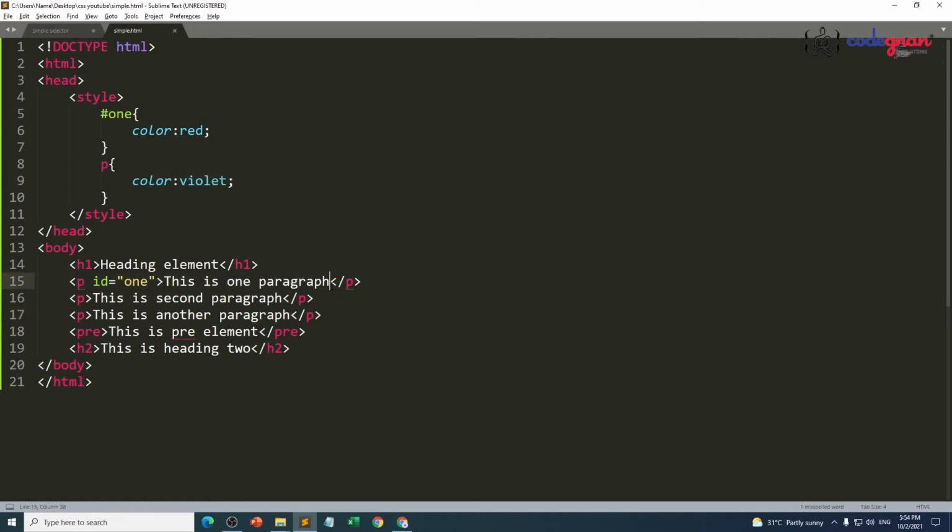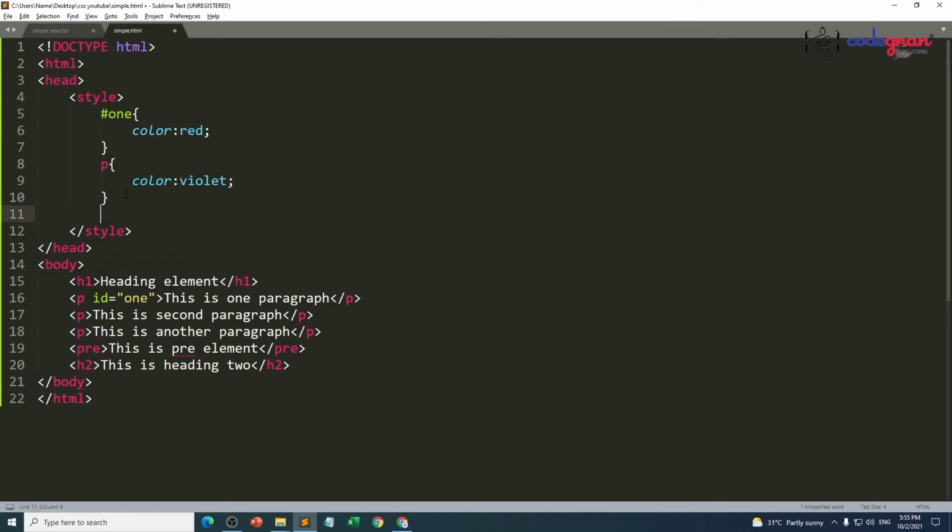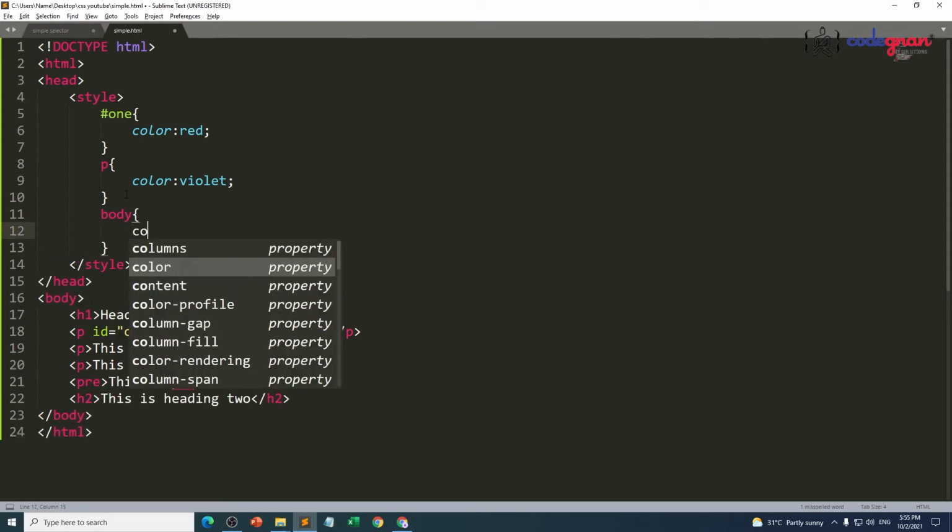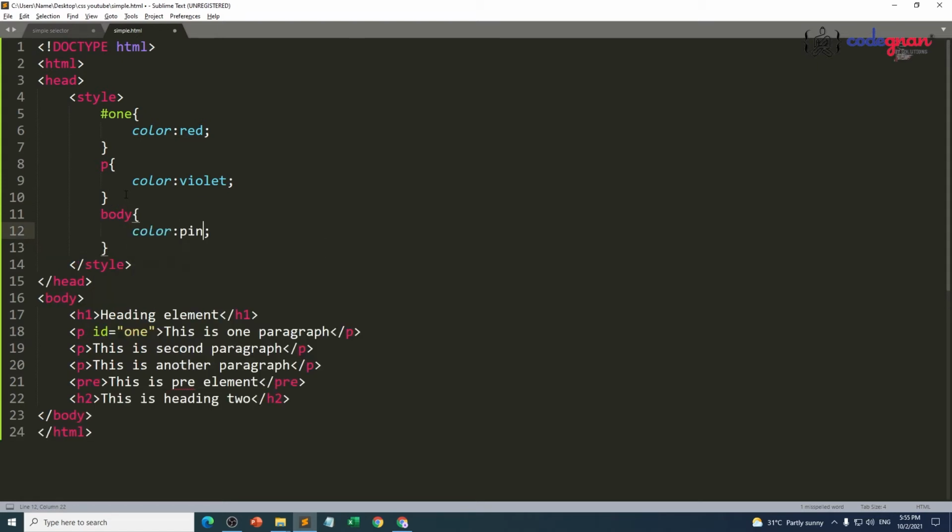Why? Because I'm using one ID attribute. To that particular ID, I'm applying a particular color. So this ID is going to get the high priority, and the style elements it is carrying are the ones you are going to see in the web page, not the previous or oldest one. Whatever value you may use for your paragraph, you are not going to see it, only for this particular hash 1. Good. Next, in the same way for the entire body also, you can use color colon pink.